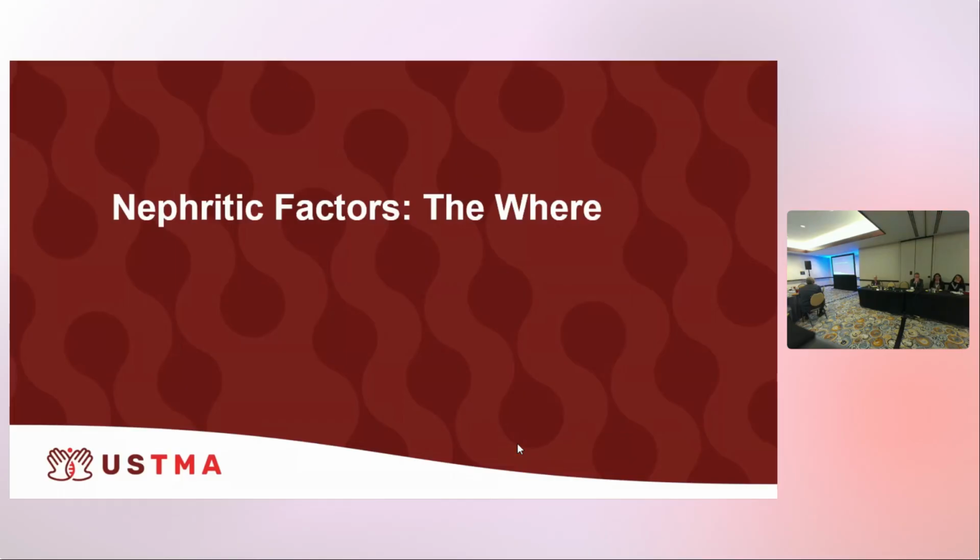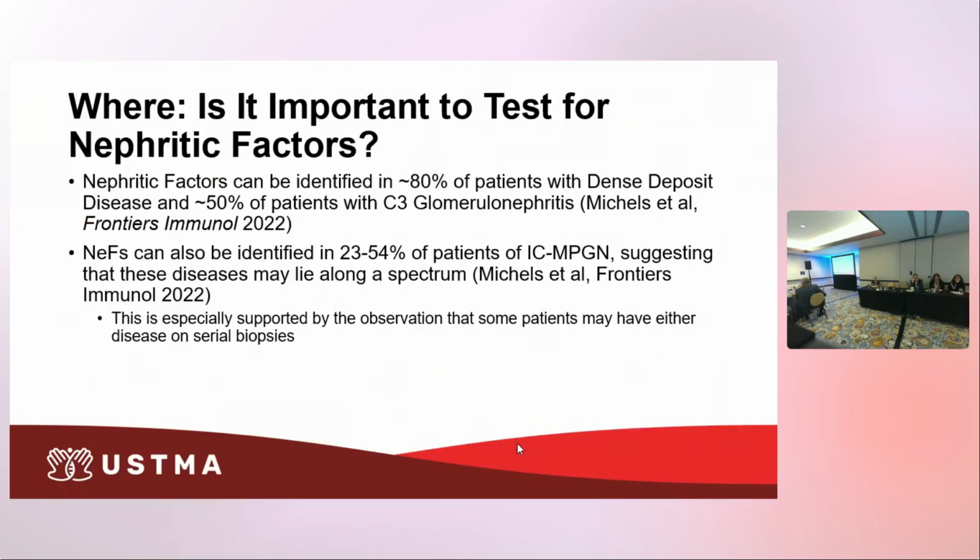Anyway. Okay, so now we'll focus on the where of nephritic factors. Where is it important to test for nephritic factors? As was already really well illustrated, nephritic factors are really the predominant dysregulating factor that we find in C3G in about 80% of patients with dense deposit disease, and depending on the case series that you read, around 50% of patients with C3 glomerulonephritis. And nephritic factors can also be identified in a significant subset of patients with immune complex